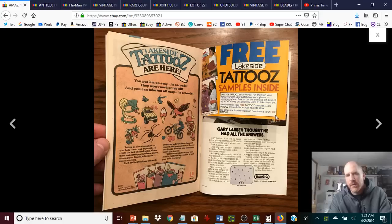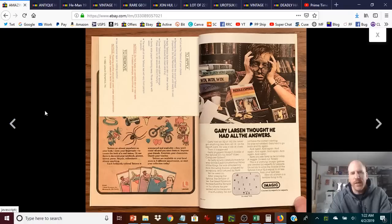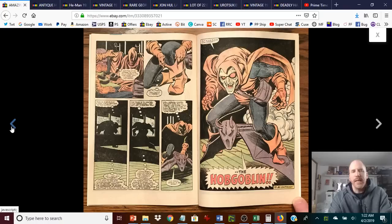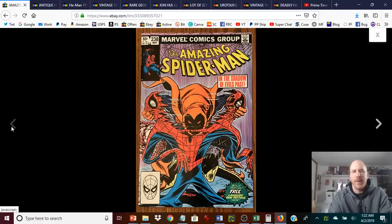Inside of this little card or flap are little tattoos. Now they're very difficult to see. You have to almost shine a light or feel inside of it, but they're in there. And if they're in there, that is the main factor that jumps the value up of the book, because a lot of people remove this card or they remove the tattoos. So people want this complete near mint condition with the tattoos, first appearance of the Hobgoblin, and that, folks, will land you